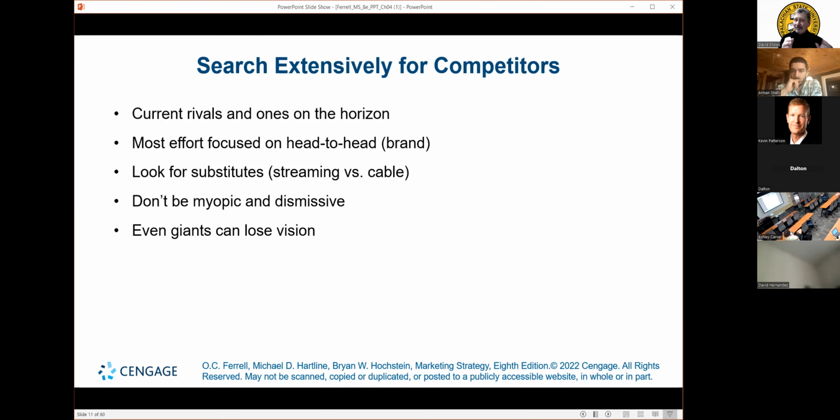But here's the thing. Because they were first in the game, they were the ones who set the rules. It's why Google had to go back. It's why there are no clamshells. Excuse me, the Surface Pro now has a clamshell version, but they could have set that 10 years ago, all right? So the second thing, search extensively for competitors.